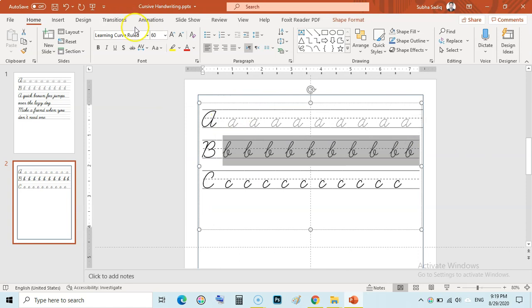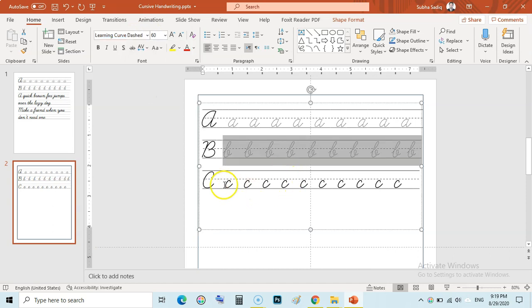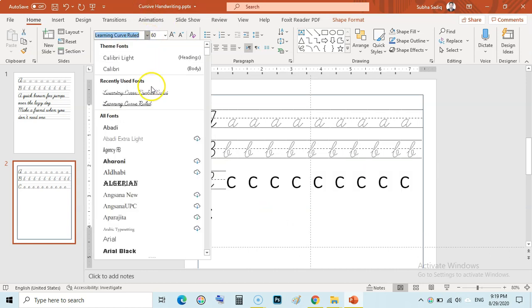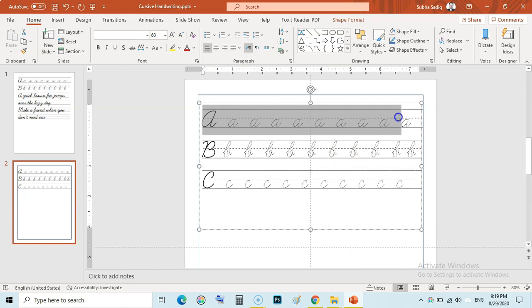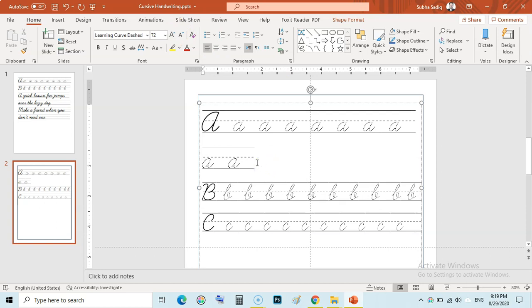Now select these all and then select the Learning Curve Dashed Ruled, and come here again and select these and Learning Curve Dash Ruled. So this you can again go back and enlarge these letters in this way and type again A.